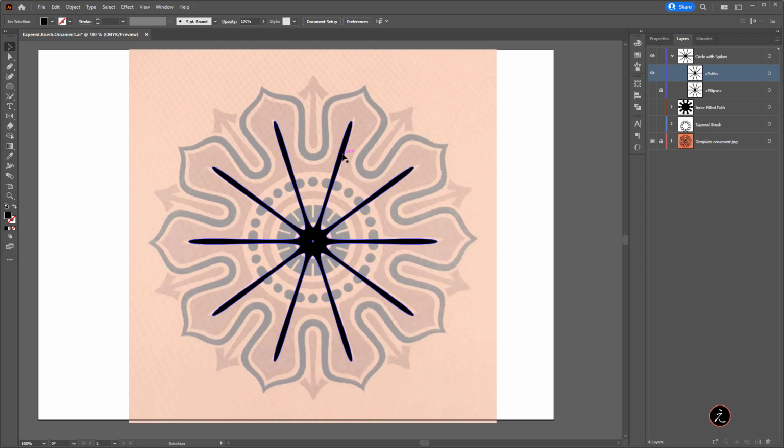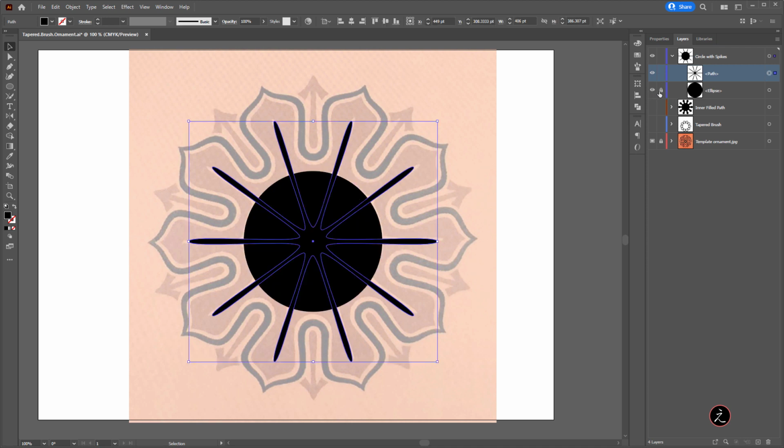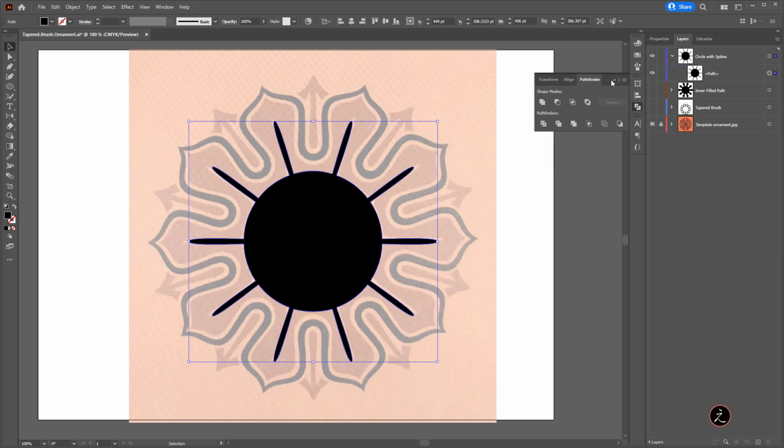All right. So what I'm going to do now is make sure that this here is toggled off the visibility and is unlocked. Marquee select those two here, so they are both selected. And I want to unite those two and become this as one shape. So inside the Pathfinder, all I'm going to do is just use the unite function, just clicking once. And this is one shape.